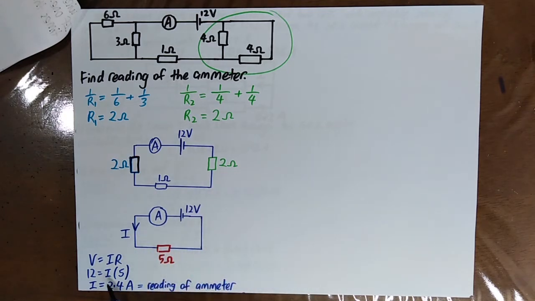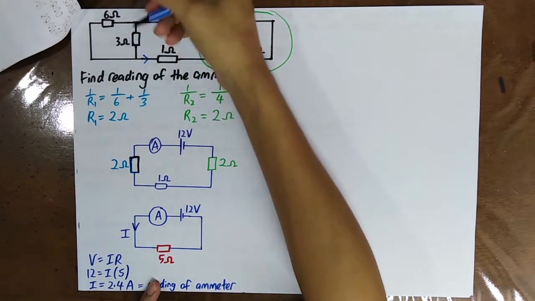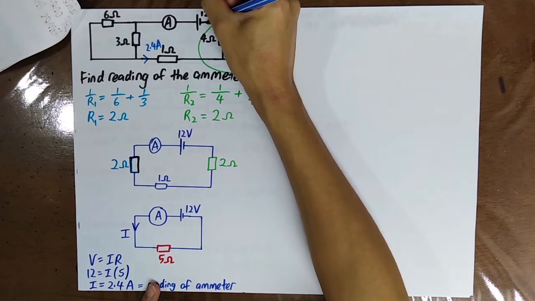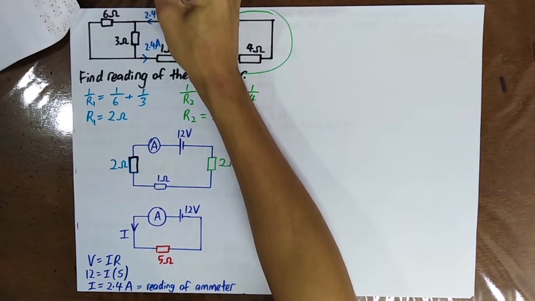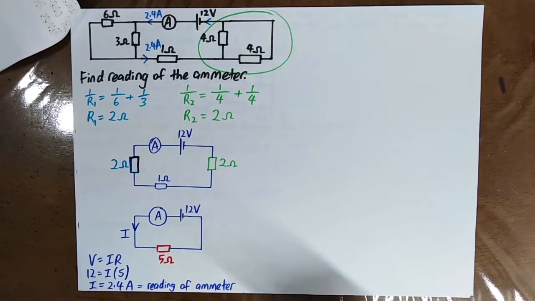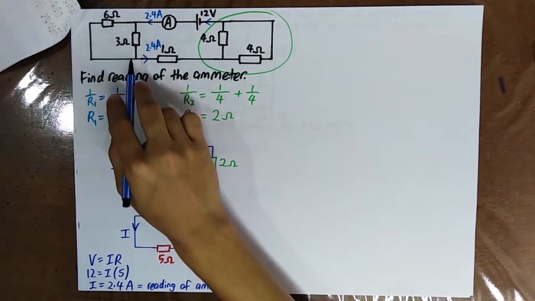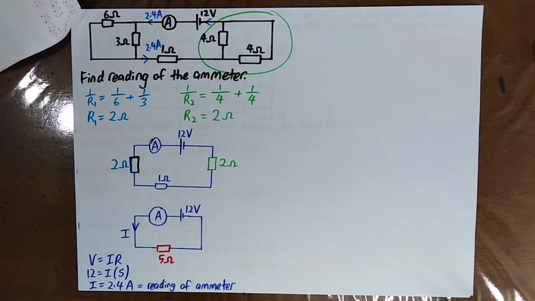And then this time you can find the current, V equal to IR. And then this current is the current that flows through here. Okay? So for example, let's say that I want you to find the current in here and also in here and also in here and also in here. How do you find? You use the equations of the current divider. That is,